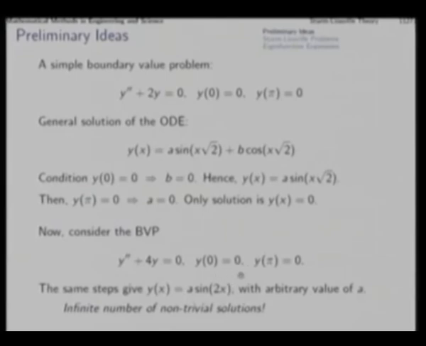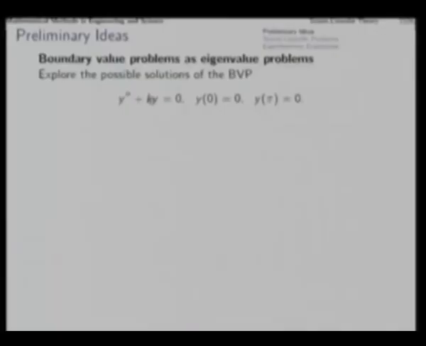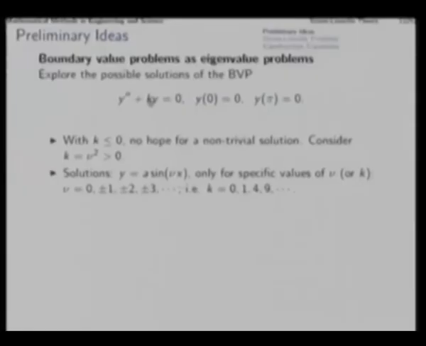So, what makes the difference between this case and that case? In a more general setup, we can consider this boundary value problem with k here, where earlier we had 2 in one case and 4 in the other case. Now, we ask for which values of k we will be able to find non-trivial solutions of this boundary value problem. We repeat the same steps and find that with k